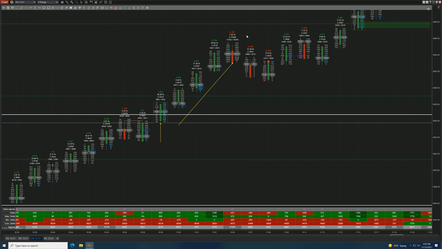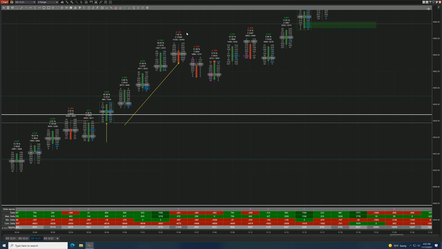Now here, I get a combination of both a negative delta. You see that reflected down here, and you get the delta divergence signal. So we've got a new high here, but all of a sudden we've got a delta flip. We've gone into a negative delta. You can see here the aggression amongst sellers. They're looking to take it back at least to the IB high to challenge this, but what you end up with right here is